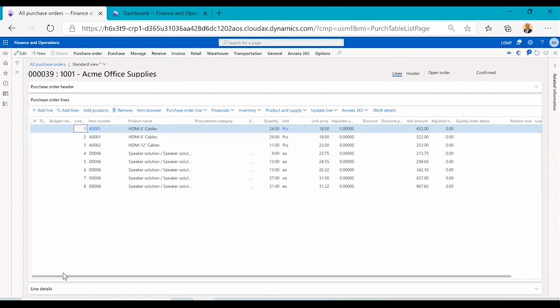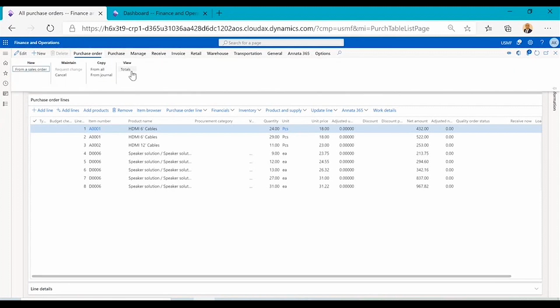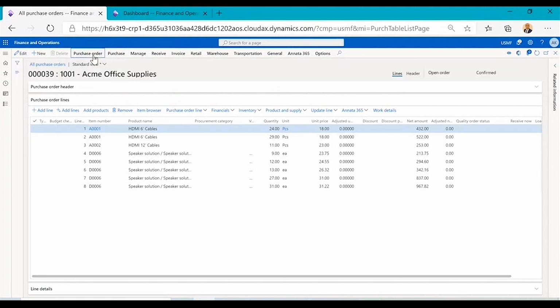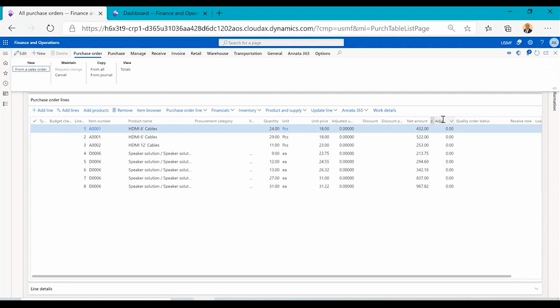So this is a very good to use feature right now. If you want to sum total the net amount column here, either you have to see the total from the header section, or if this option is not here, then you will have to export this data in an Excel and then sum this up. Which is kind of a bit inconvenient. So now what Microsoft has done, it has given you a feature to right click on any numeric column and then click on total this column, and then you will be able to see the total of that column here just below that. You could also total this